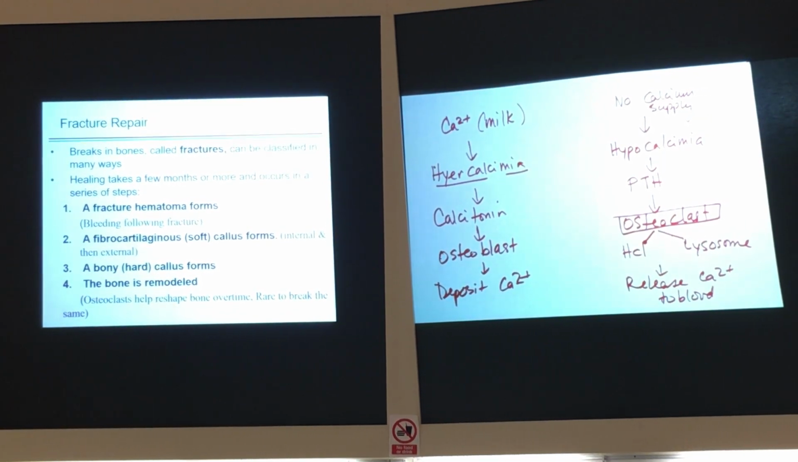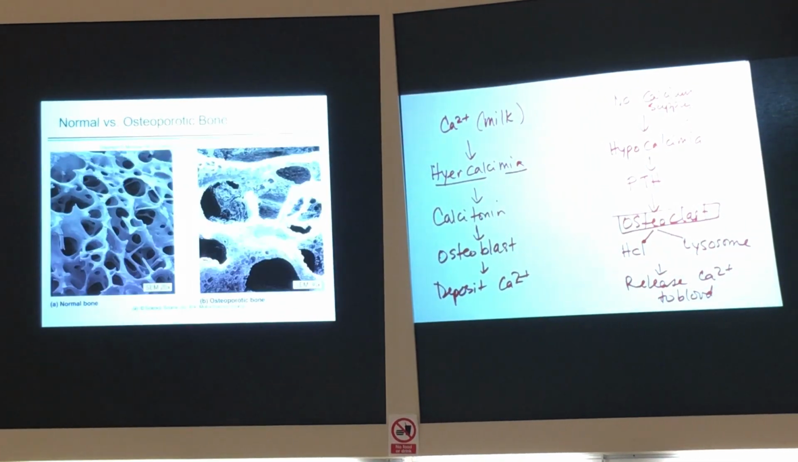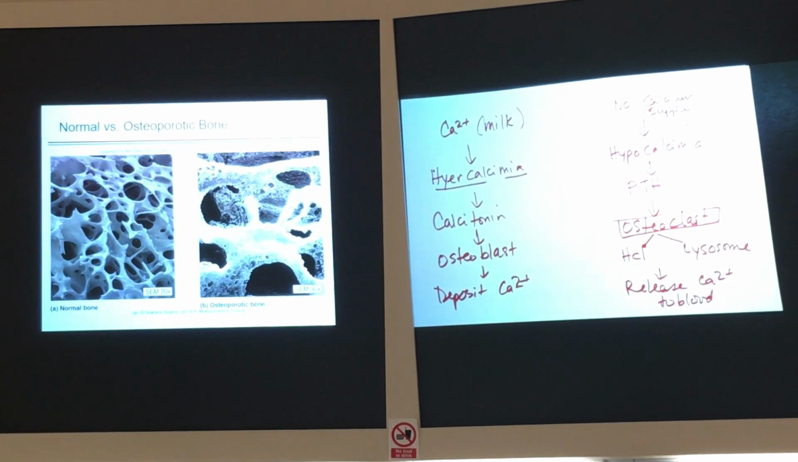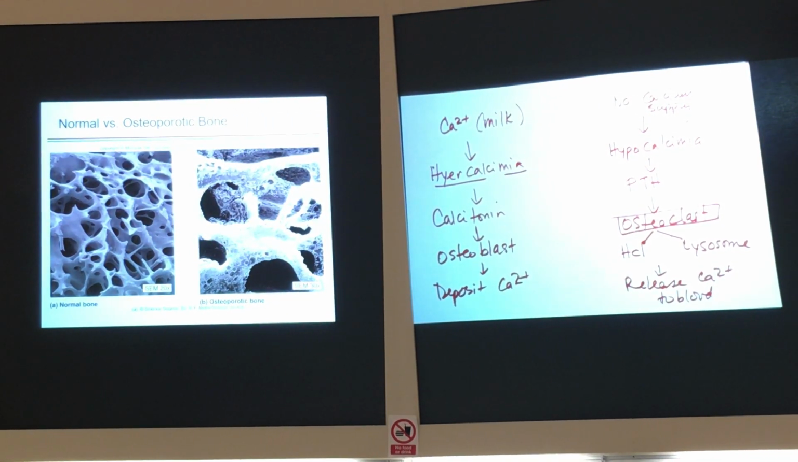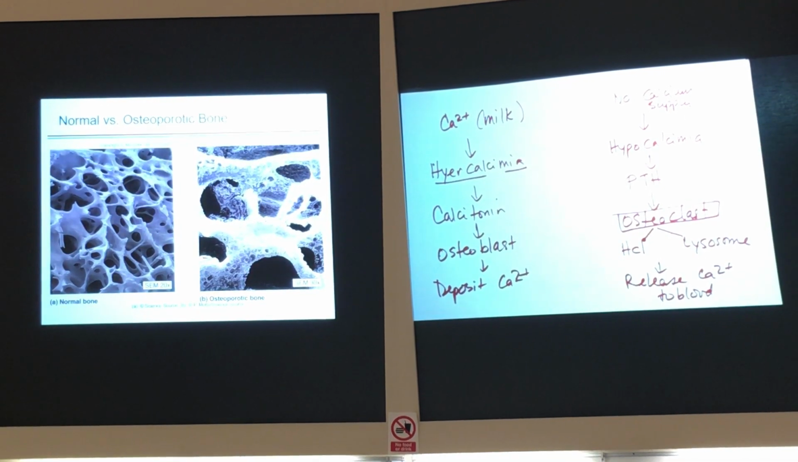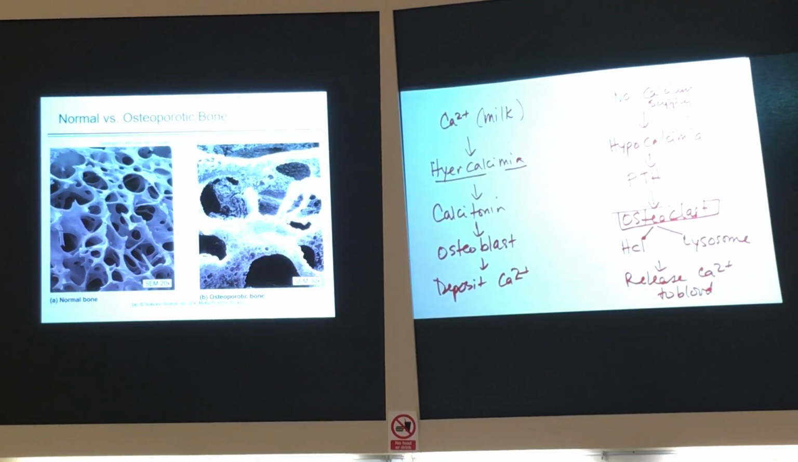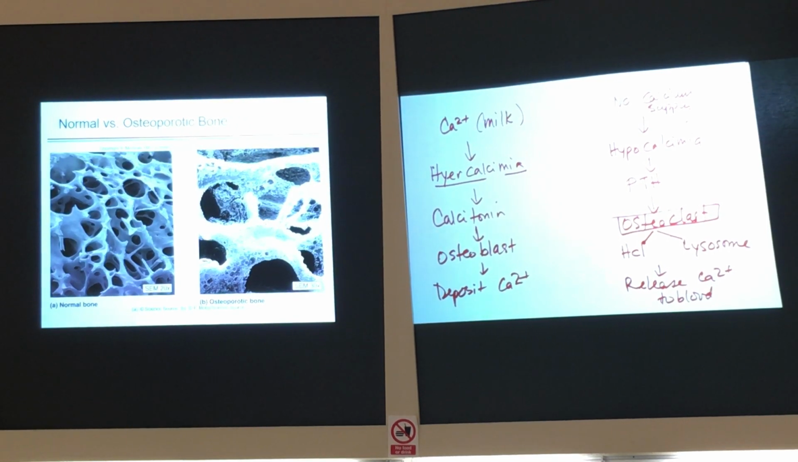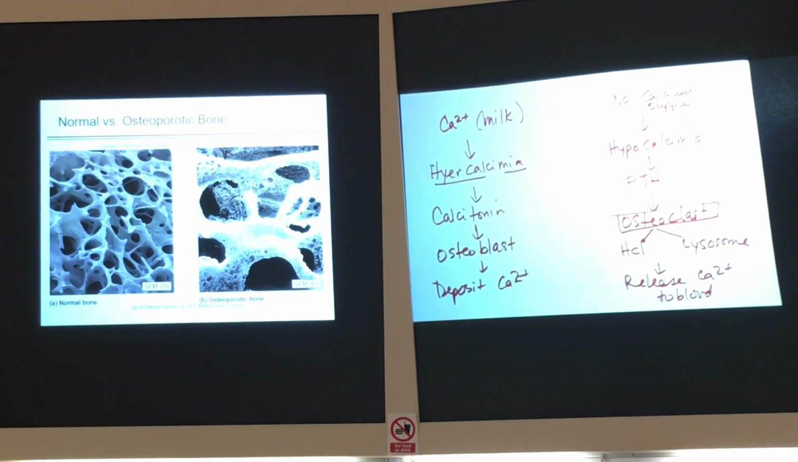Okay? I'm going to skip this one and I'll show you the difference from normal bone. You can see that this is osteoporotic bone. The chemicals are withdrawn, so there is too much activity of the osteoclast compared to the osteoblast. So this is